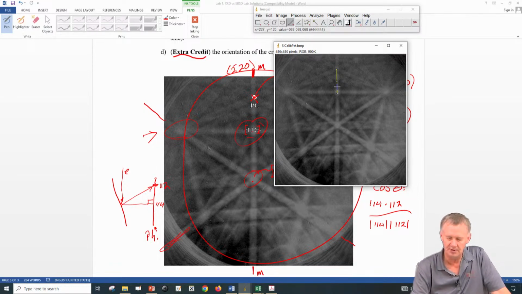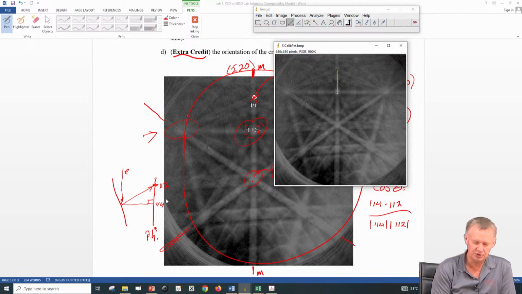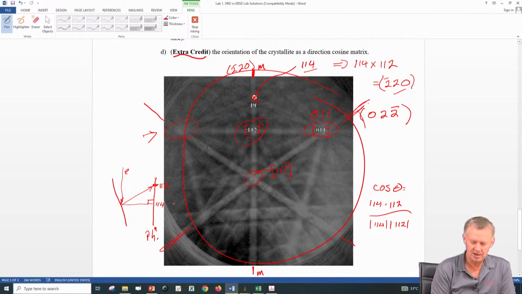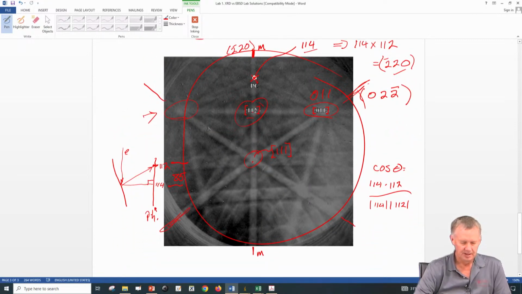So measuring from, oops, maybe that's a little long. Just trying to get a decent measurement there, just so we have a chance. Yeah, it's probably close. All right, 85 I'm going to call it. So this distance here between 112 and 114 is going to be 85. It's measured in pixels. I said on the problem to measure it in millimeters, but let's just do it in pixels. So if that's 85,